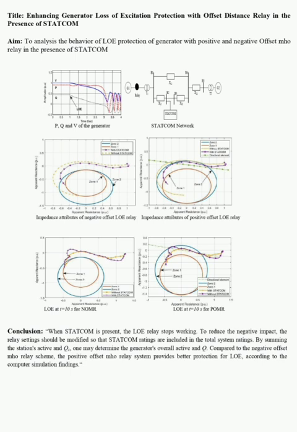when STATCOM is present. This means that there is a lag time of 11.82 minus 11.58, which is equal to 0.24 second. The below figures illustrate the loss of excitation relay in action after 10 seconds of no excitation. It then analyzes the apparent impedance of the positive offset Mho relay and the negative offset Mho relay accordingly.